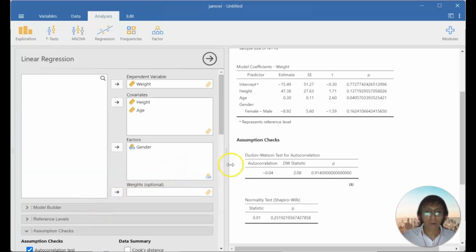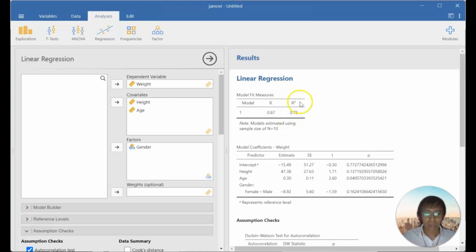So let's go back. The R squared here is the value that indicates how much of the variation in the dependent variable is explained by the model. A value closer to 1 indicates a better model fit. Then the adjusted R squared adjusts the R squared for the number of predictors in the model, helping you assess your model fit when you have multiple predictors.